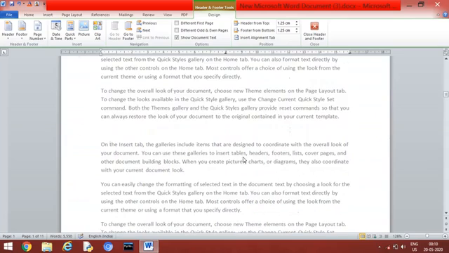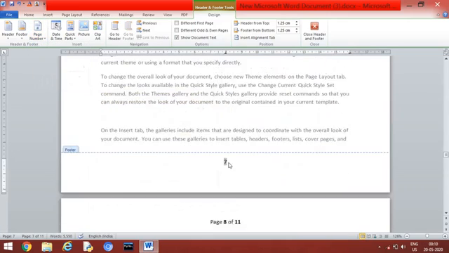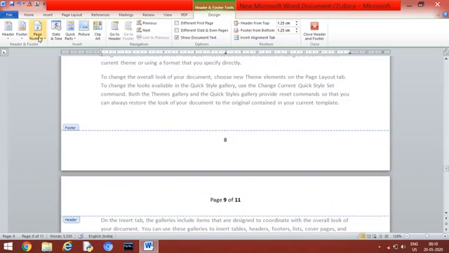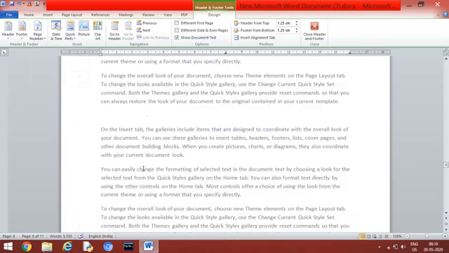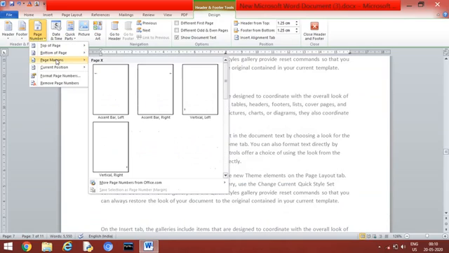Okay, now again if you don't want this and if you want bottom of page, you can just give it here and select the format which you want. If you want it in the center, you can give it, and the page number will appear at the bottom. Now suppose you want to remove the page number, you can just remove it from here, and it will get removed.